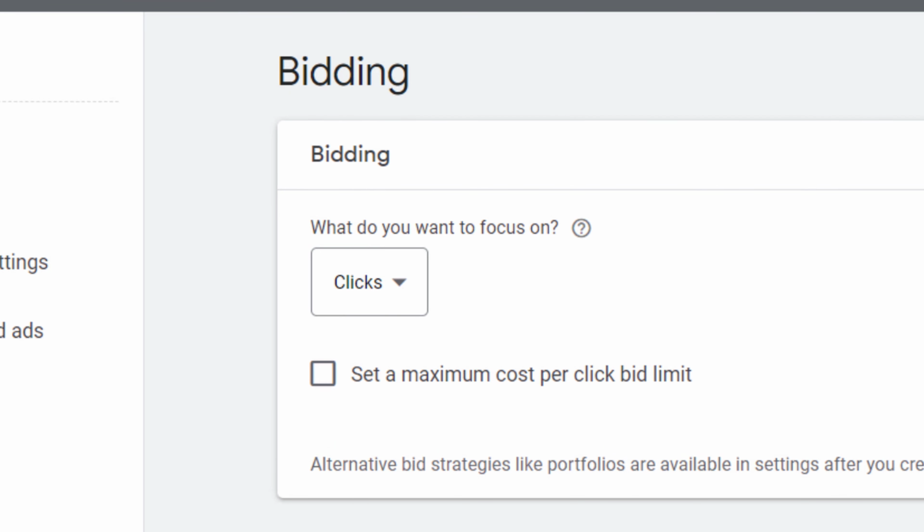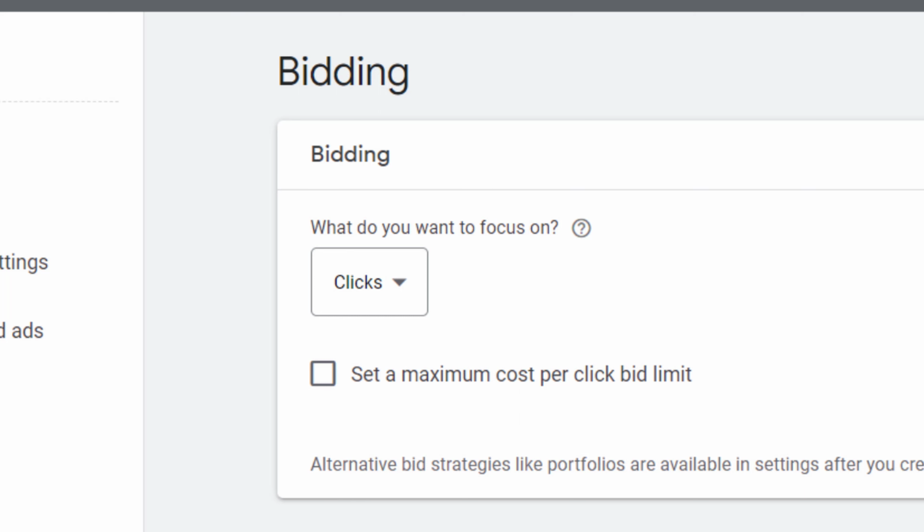Bidding. Bidding is an important aspect of setting up a Google Ads campaign, as it determines how much you will pay for each click on your ad. If your focus is to get clicks on your ad, here are some key points to consider when bidding.